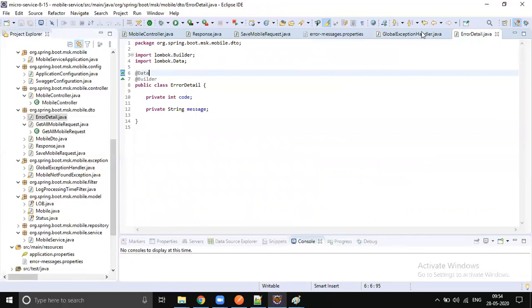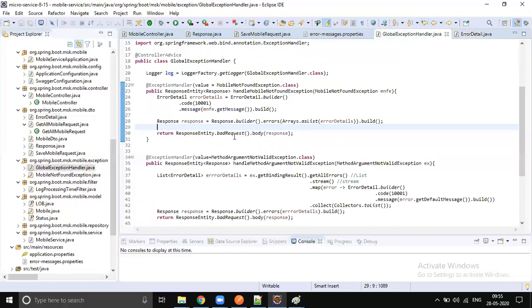At that time, we need to convert all these things manually, right? Like getting it and then setting it again into this response object. Yes. Instead of builder and all, we have to do it in our old convention. So whatever was there till now, error detail equals new error detail. That's what you have to do. New operator, and then we just transfer the data from there to here, right?